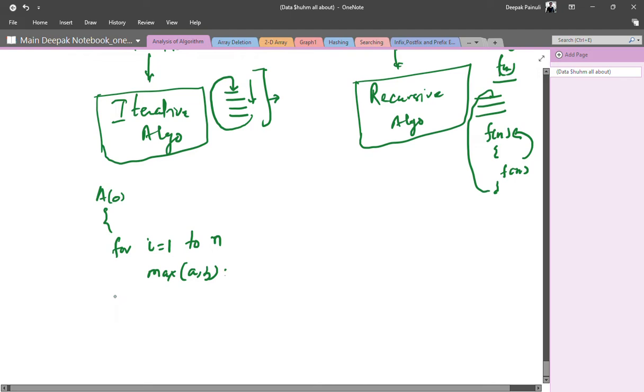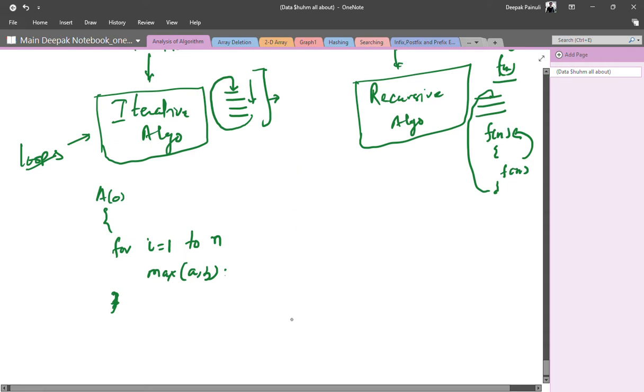See, this is pseudocode. It will not match syntax by syntax. It is pseudocode which defines only the logic of that particular algorithm, right? So loops are examples of iterative algorithms. If your algorithm has loops, that means it is a type of iterative algorithm.